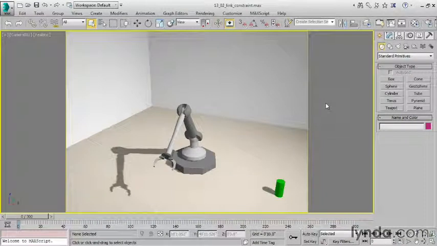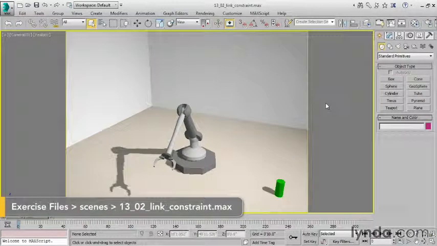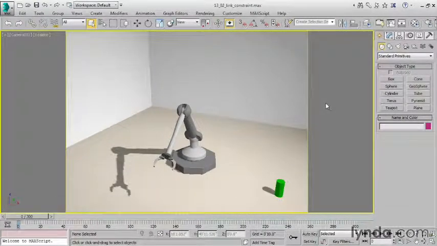A constraint is a special type of controller in which there's a connection to another object. And one of the most popular types of constraints is a link constraint. That simulates the effect of a parent-child relationship. But it does more than that because it also gives you the ability to transfer the parent-child relationship over the